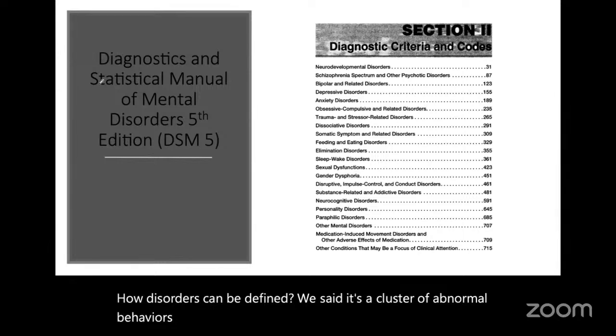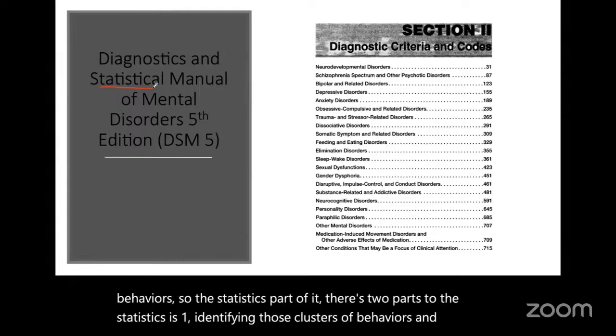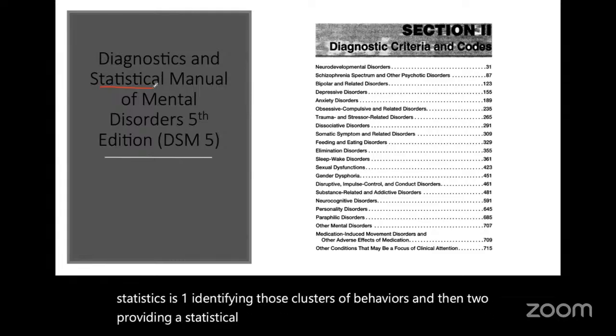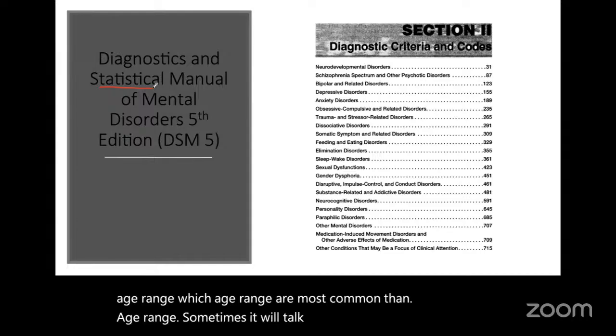So the statistics part of it has two parts: one, identifying those clusters of behaviors, and then two, providing a statistical overview of the probability of diagnosis, and which age ranges are more common than others. Sometimes it will talk about ethnicity,